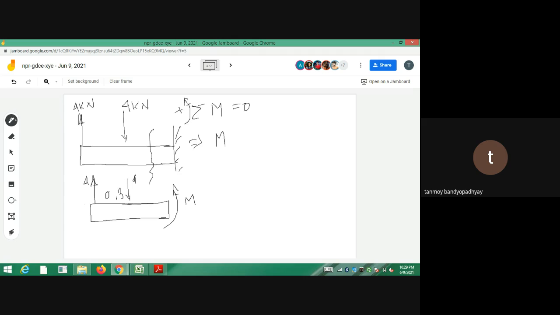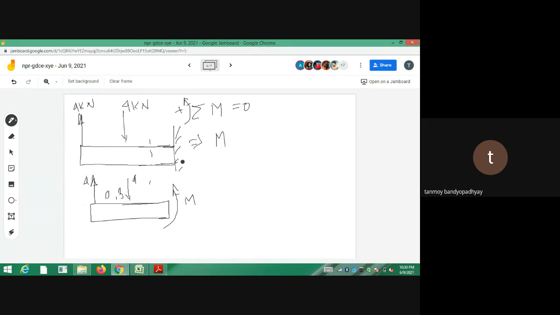What is the moment for this force? Cross section, you don't have to take it. So write it down: let M be the moment acting at the portion BC of the beam. Let M be the moment acting at the portion BC of the beam. I will also explain taking cross sections, but I am not doing that now. Later, when we do the shear force bending moment diagram, we will go by cross sections and all, okay? So now let M be the moment acting on the fixed end of the bar.